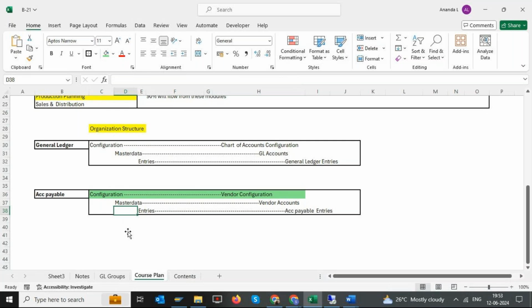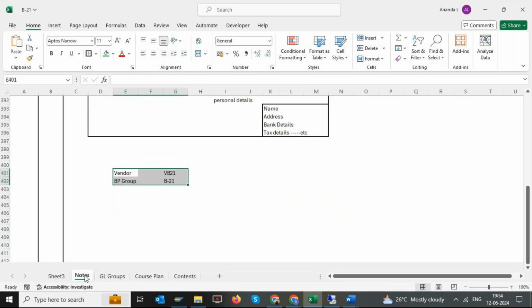If you have any doubts, not step-wise, because steps we can understand by practice, but concept-wise. Steps means the T codes which I used and the steps which you can follow from the notes and do it. But are you getting the concept? So what is BP, what is vendor? Two configurations are done. One is vendor configuration, which I want to create vendor. But what SAP says, if you want to create a vendor, you must first give him a